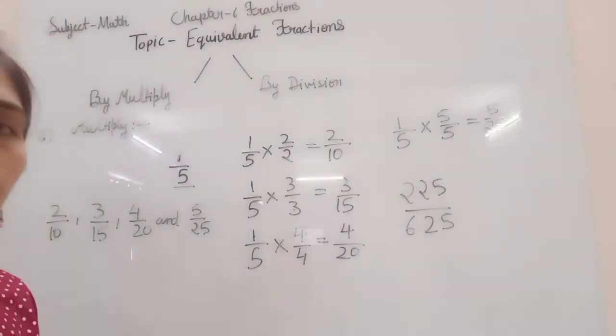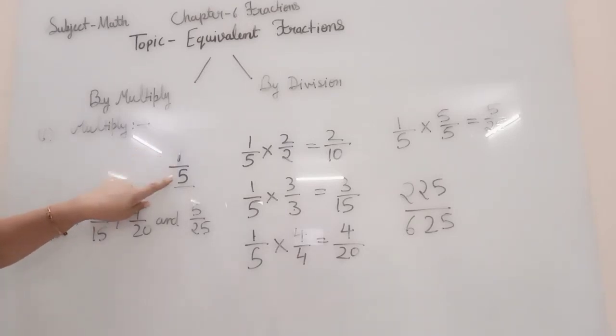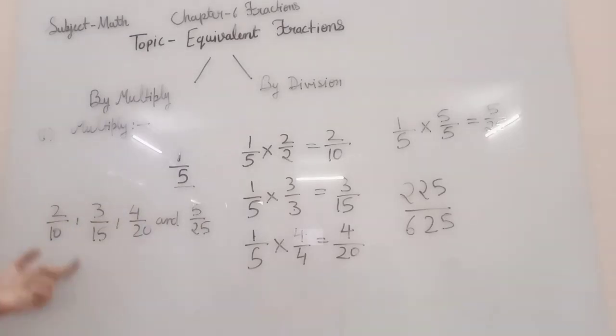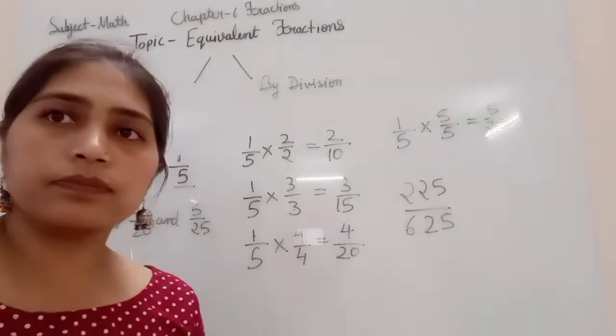And we will use the multiplication method when we have a smaller number. Okay, when we have a smaller number, 2 by 3, 4 by 3, yes, 9 by 3. This type of number you have, that time most of the time we'll use the multiplication method only in this chapter.